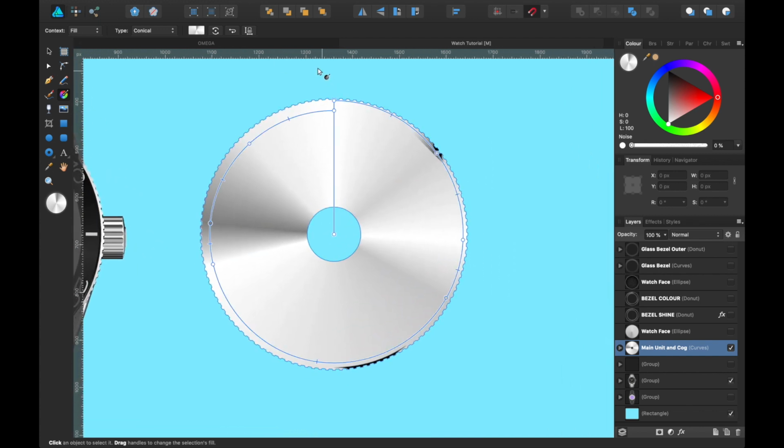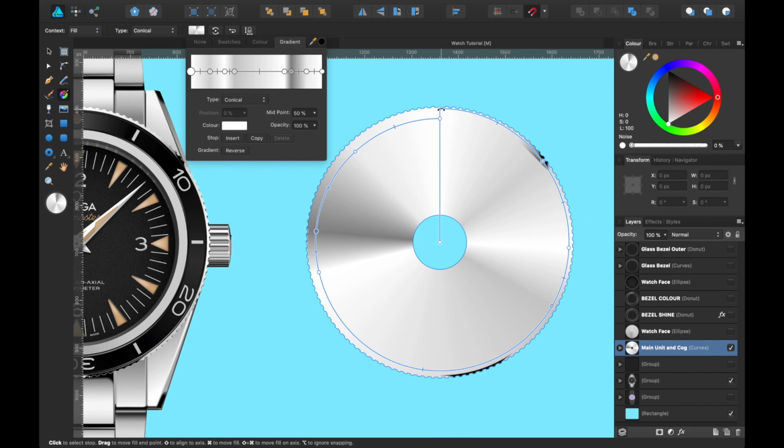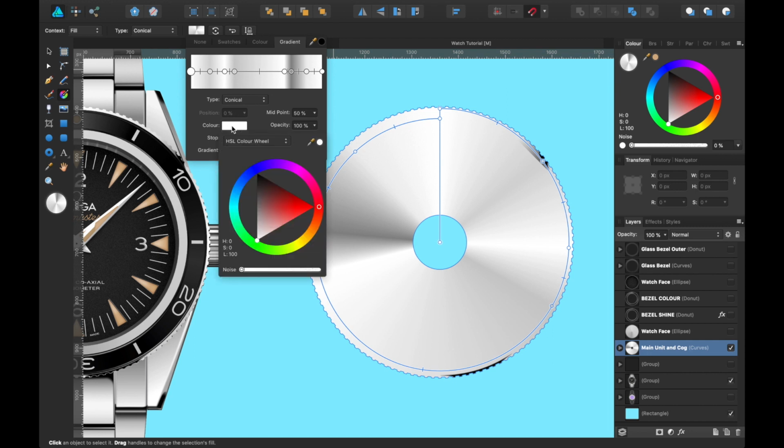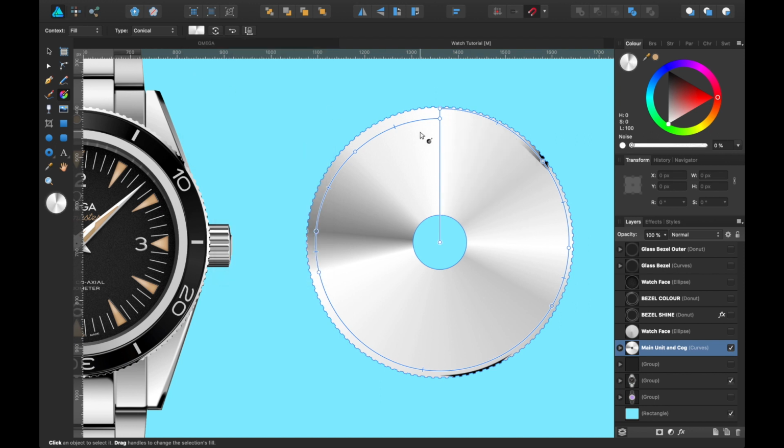When you press on the conical tool, if you don't want there to be any sharp changes in color from this white to this white, I'll show you how it works. This white here is here, and this white here is here. Now, if you have different colors, they're going to clash, and you'll see a definite line there, like this. And you don't want that to happen. So what I always suggest, if you want a real smooth, circular, metallic look, is always make both sides white.